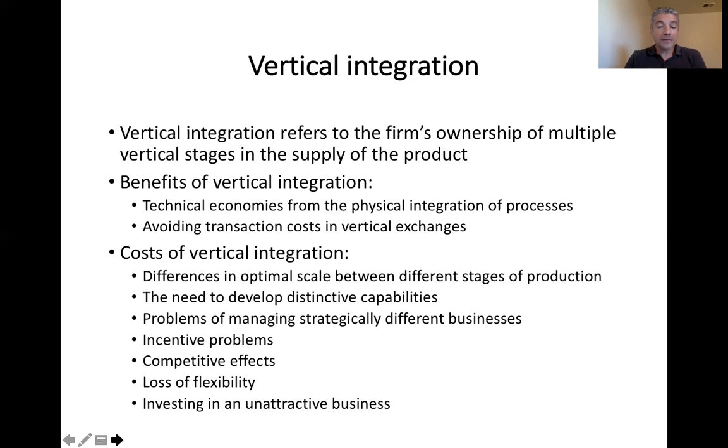And once those assets are co-located, why not co-own them so that there is no uncertainty as to who buys what from whom and at what price? So technical economies are definitely the case for many industries. And for that reason, at least some chunks of the industry-specific value chain are naturally integrated. The other reason why vertical integration could make sense is that unless you're integrated, you may have to deal with